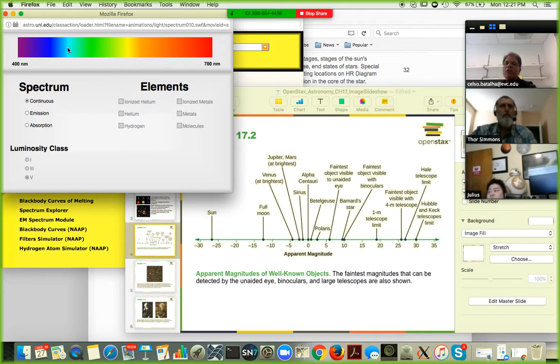So this is the so-called continuum spectra. Like if you take the sun and make the sun be a perfect black body, radiating at 6,000 Kelvin, that's what you see. Now, if you add